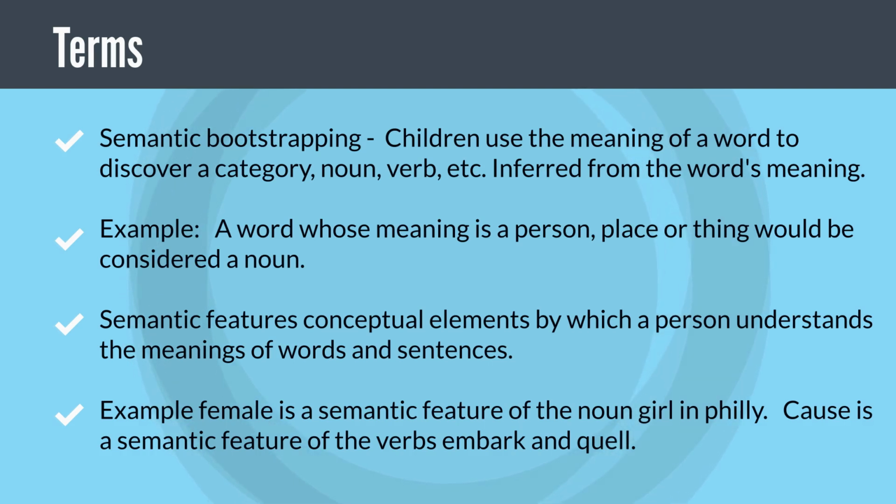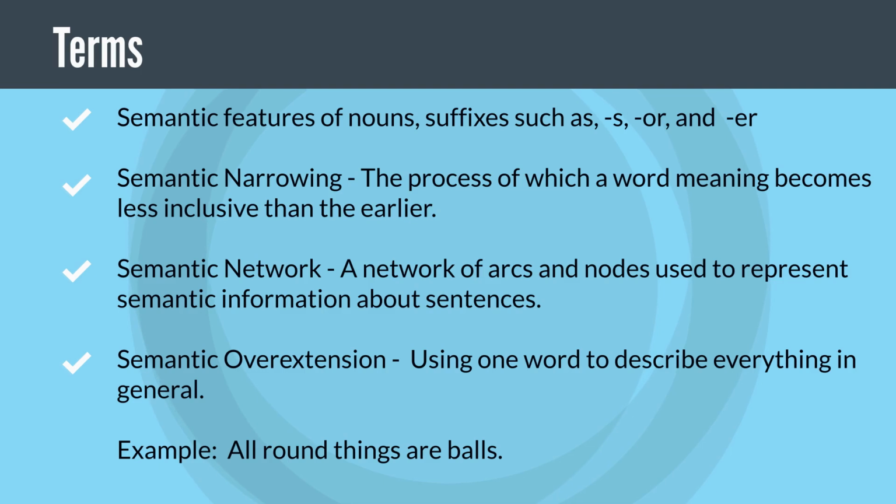Semantic features, conceptual elements by which a person understands the meanings of words and sentences. Example, female is a semantic feature of the nouns girl and filly. Cause is a semantic feature of the verbs darken and kill. Semantic features of nouns, suffixes such as s, or, and,